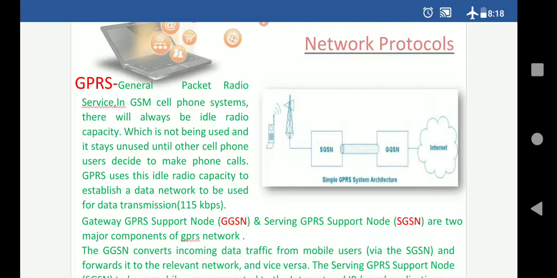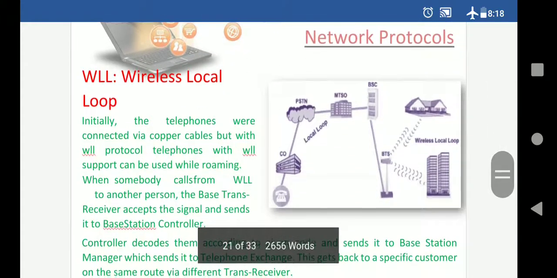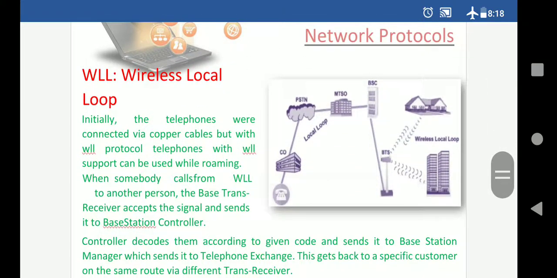GPRS आपको लोकेशन के बारे में बताता है, एज यू नो वेरी वेल, लोकेशन के बारे में ट्रेस करता है। तो जैसे आपके सेल फोन से जो रेंज आ रही है वो वापस GPRS सिस्टम के थ्रू जाती है। तो GPRS विल टेल यू अबाउट द लोकेशन ऑल्सो। सो फॉर द ट्रैफिक कंट्रोल करने के लिए मोबाइल यूज़र्स के लिए भी हम इसका यूज़ कर सकते हैं। नाउ वी हैव WLL, वायरलेस इन लोकल लूप। इनिशियली जो आपका टेलीफोन नेटवर्क